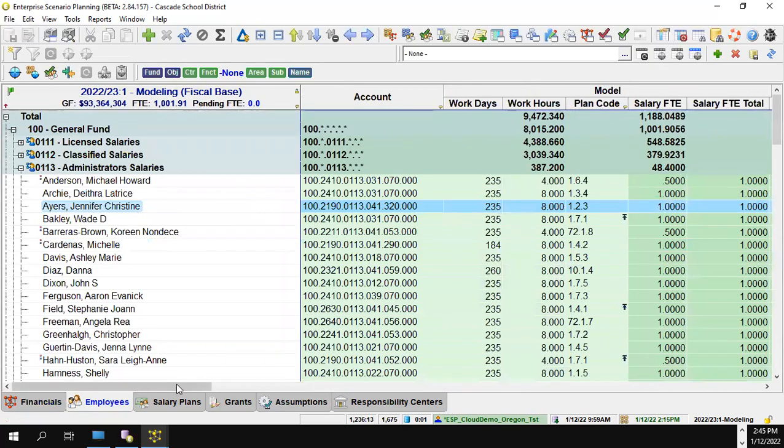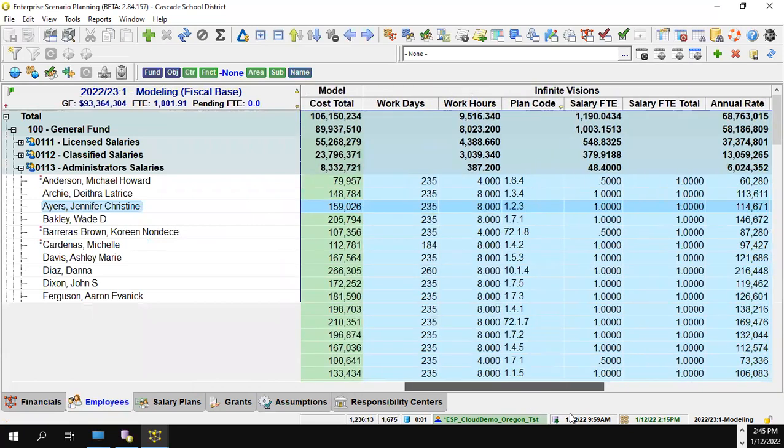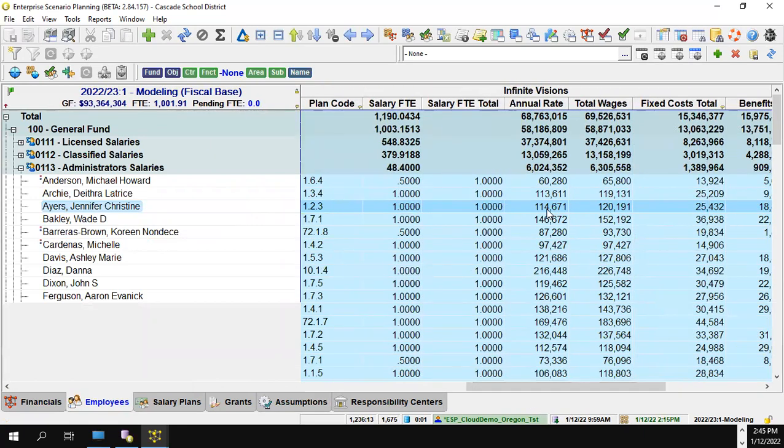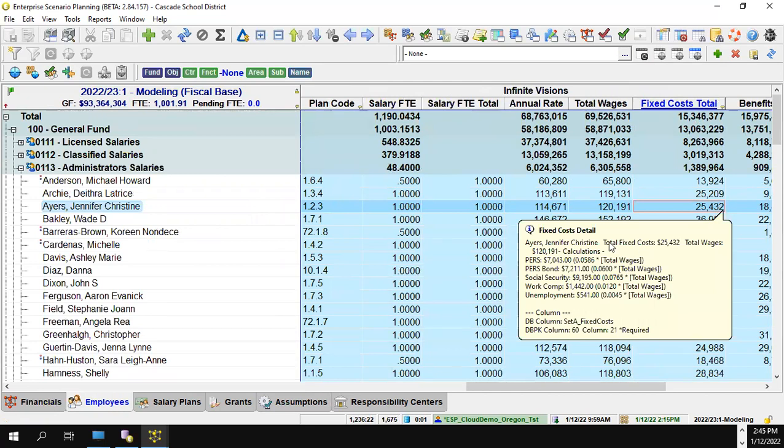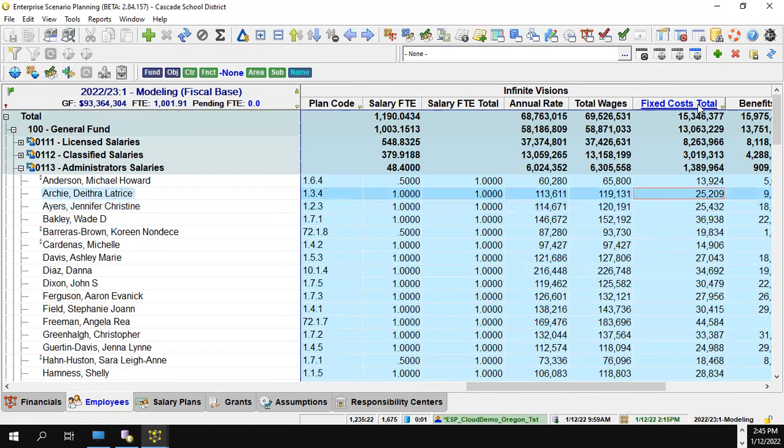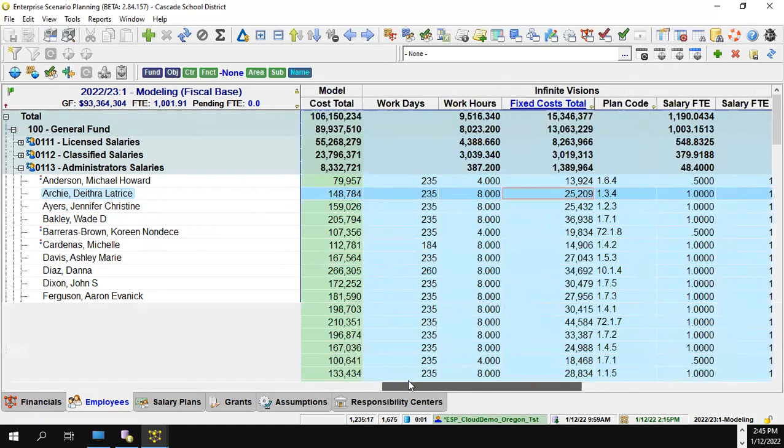A lot of these columns in Visions, like the annual rate, even the fixed cost, because you have a fixed cost here, right? If you put the mouse cursor over this one, you get the same. You want to keep these rates as what they are this year, because this is just for reference only. You could say, well, this is what they're getting this year. You could always grab that column,